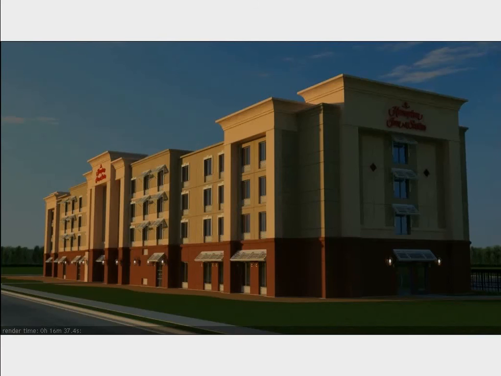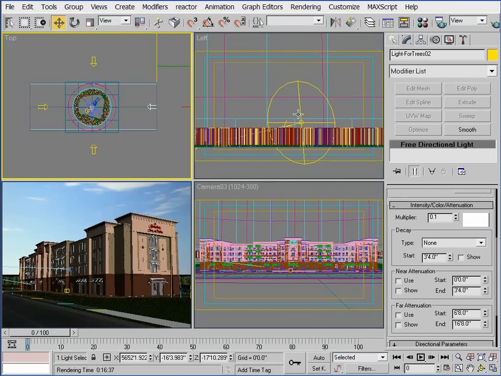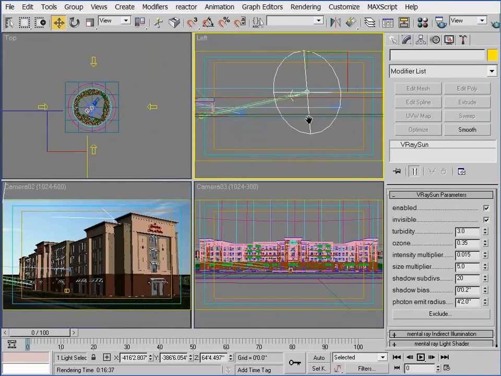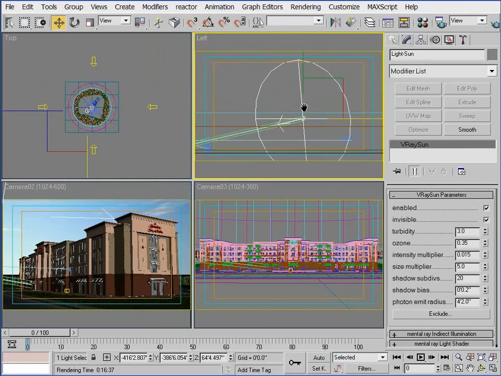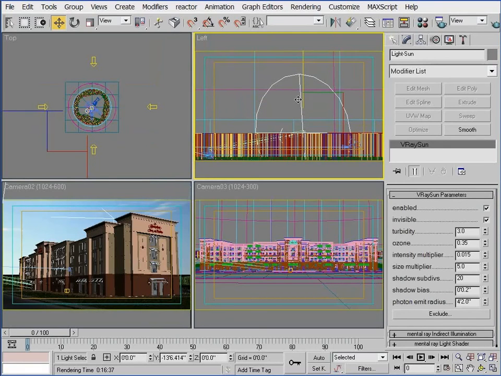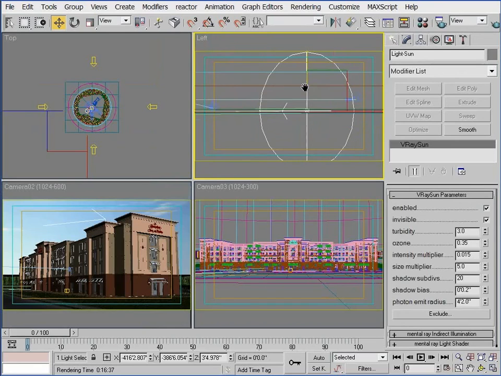This is what I would consider a sunset image, but if I want to get a nighttime rendering, all I need to do is drop the V-Ray sun farther down in the sky so that it's actually below the horizon. If I place it about 5 degrees below the horizon,